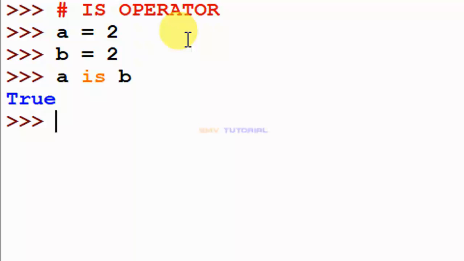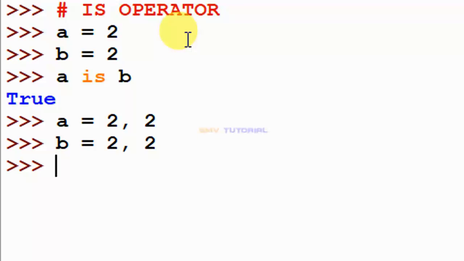But next I create A is equal to 2, 2 and B is equal to 2, 2. I check this: A is B. Now the result is false.